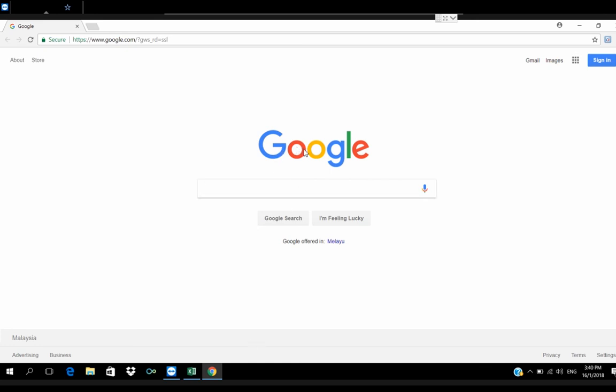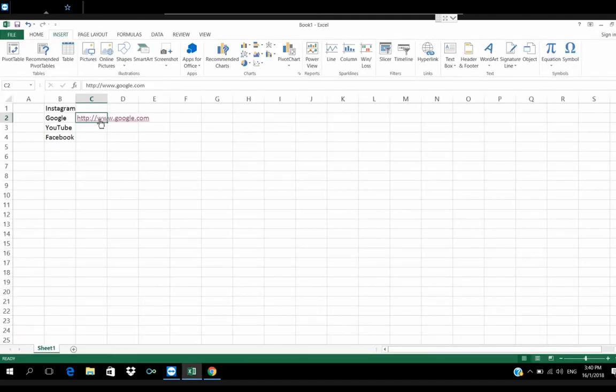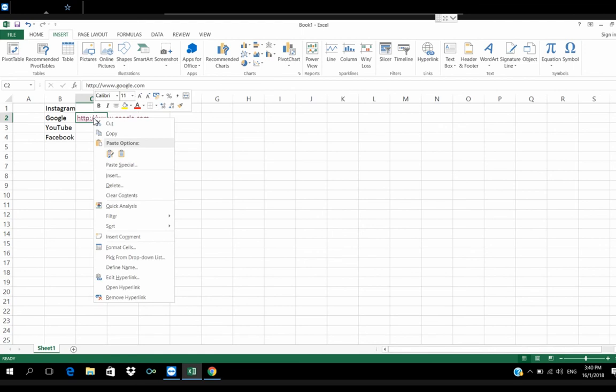So I'm going to copy the image, and in Excel here I'm going to delete this hyperlink, or you can even edit it, but I'm going to remove this.